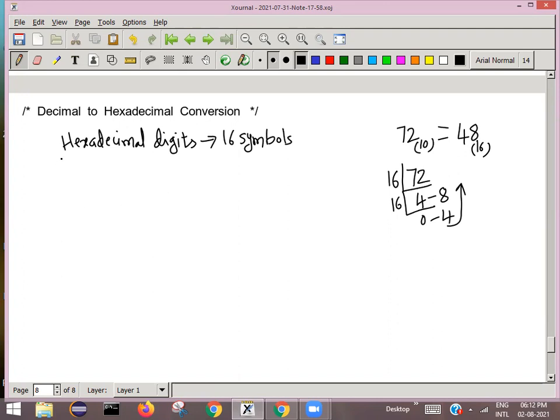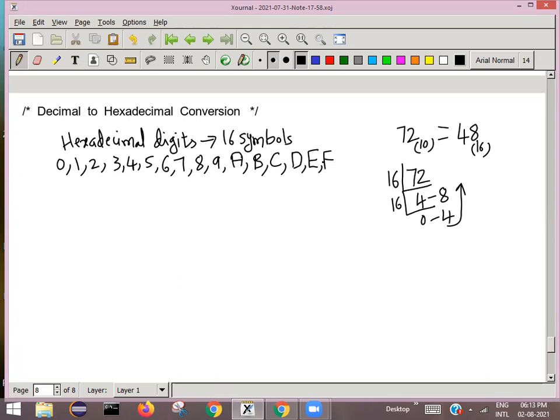What are those symbols? 0, 1, 2, 3, 4, 5, 6, 7, 8, 9, and 10 is represented with the letter A, 11 is represented with B, 12 with C, 13 with D, 14 with E, and 15 with F. These are the 16 digits, 0 to 15.